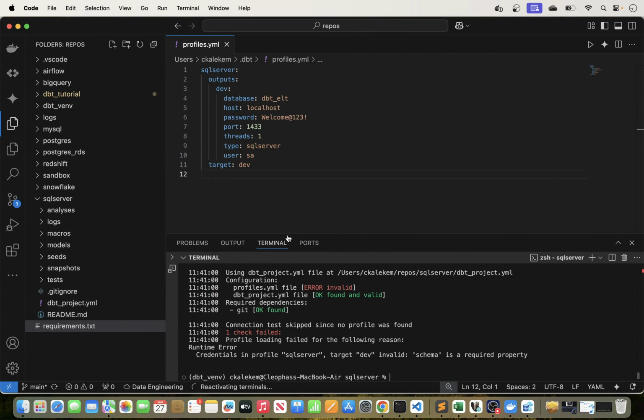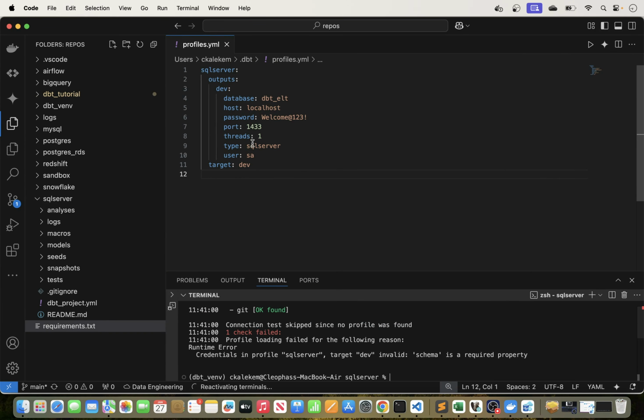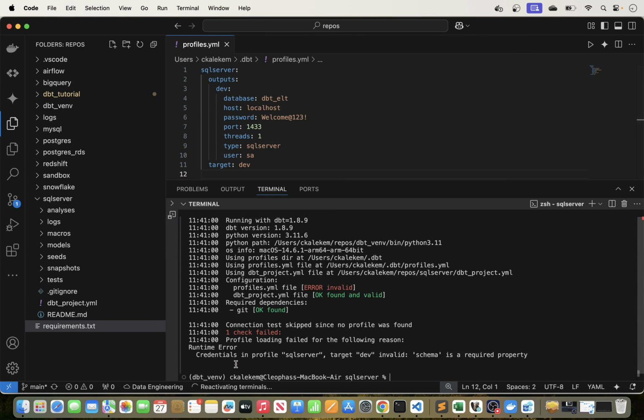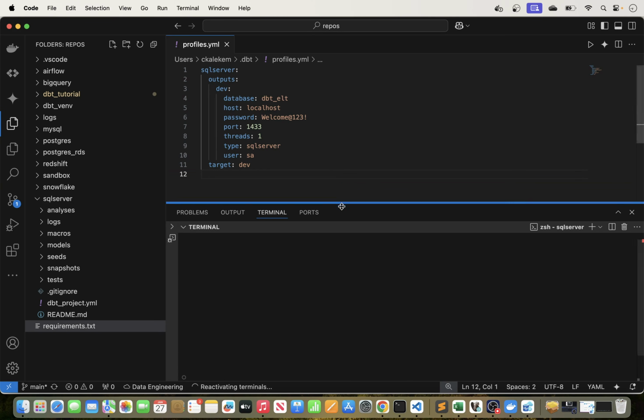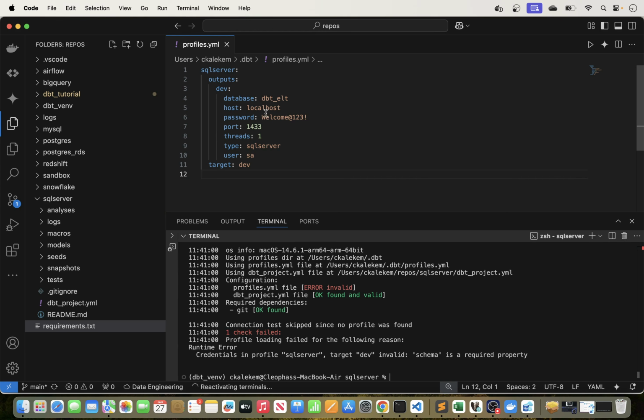All right, so this is the file here, and as you saw in the error that we have, actually it's right here. The error is right here. It's saying that we need schema. The schema is required, so we did not specify schema. So you can put it anywhere below inside here. I'm just going to put it below database. If you just put schema,